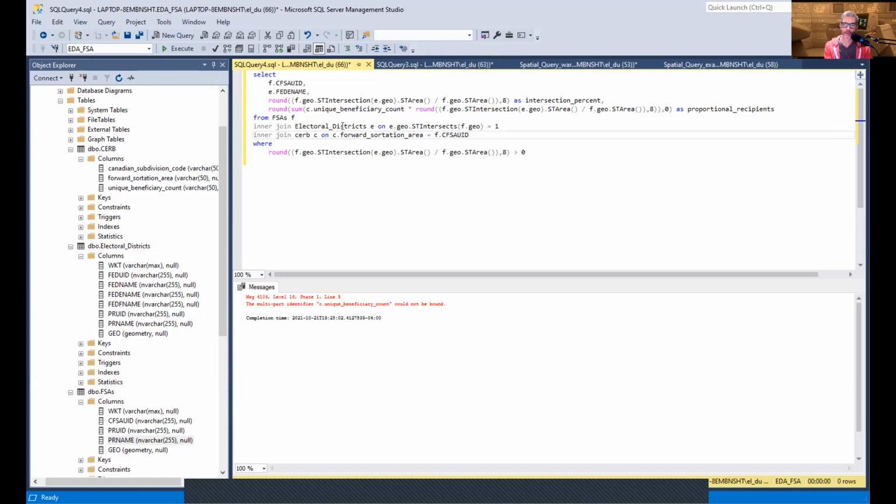Okay, so in this case, this is not a fuzzy join like we're using to find intersecting electoral districts. This is a join on specific data. We are joining the forward sortation area column in the SERB table with the CFSA UID column in the FSA table because they represent the same data in the same format. The text ID of the 3-digit FSA ID. Okay, so with that information,